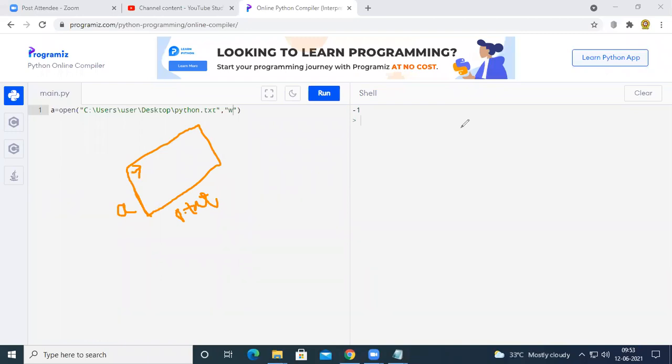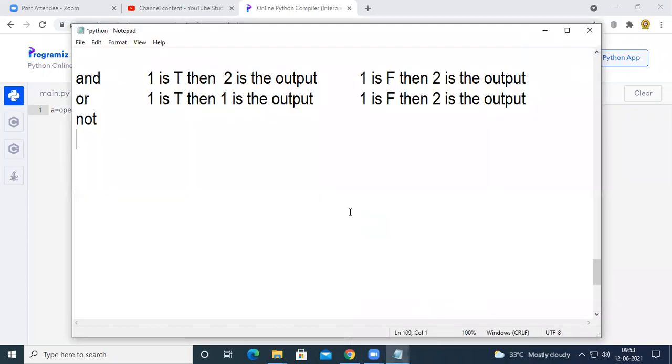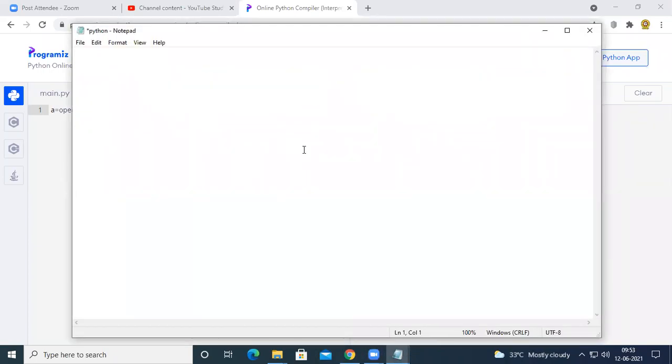If you write something here, all old data will get deleted, and what you write in this program will be left in that file. So see here, if we open the same file in write mode, all this data will get deleted. No data will be there in this file. So whatever you write in the code will be left here.